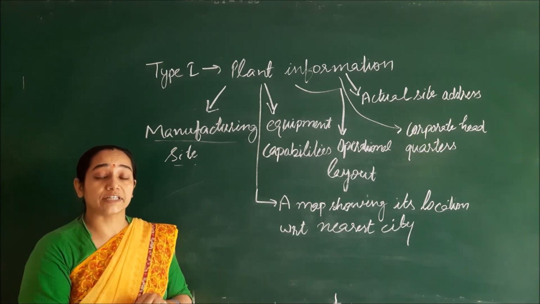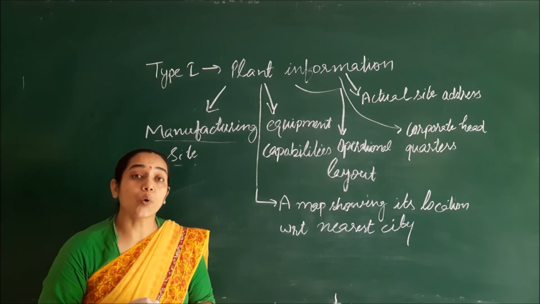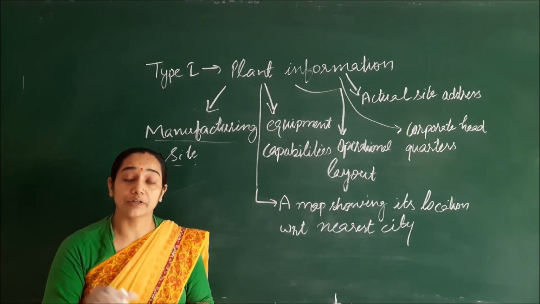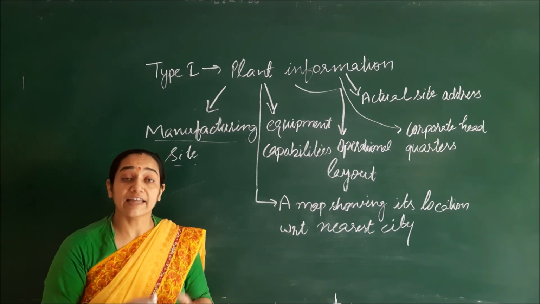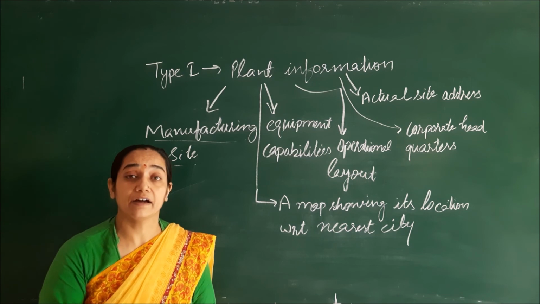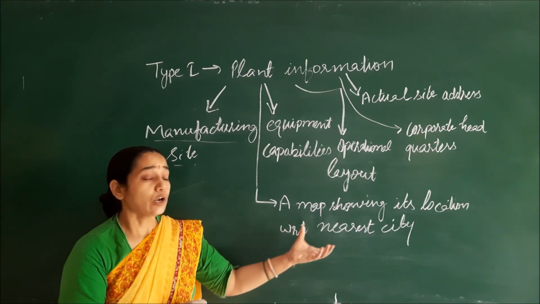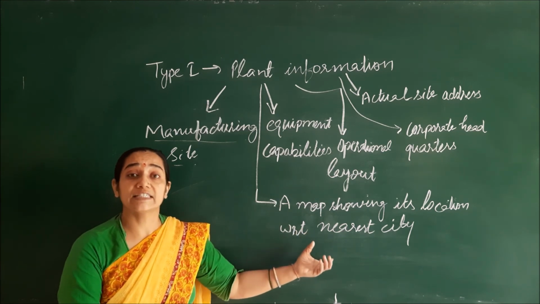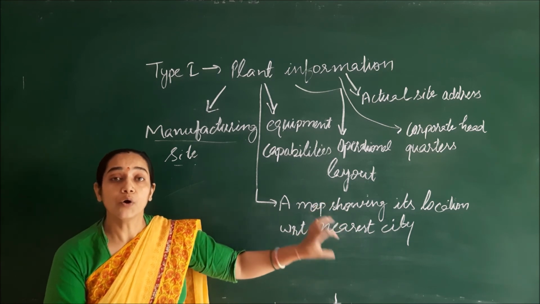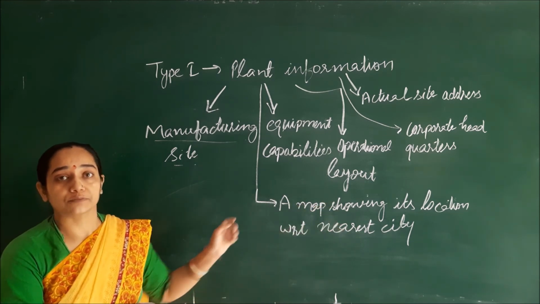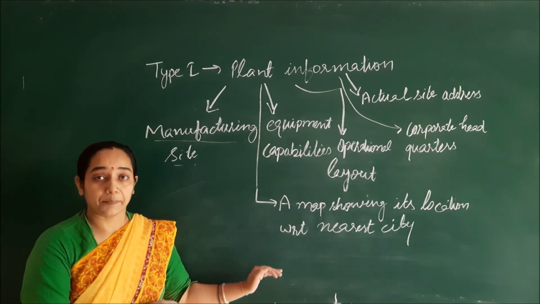of the particular city. For example, we are going to locate a particular place, then we locate it near to the city, how much away from the city it is, and how that distance can be covered, by air, by road or by water, whatever may be. It will be located in the map, along with the distance to the nearest city, and how this site can be approached will be written as well as justified below the map.